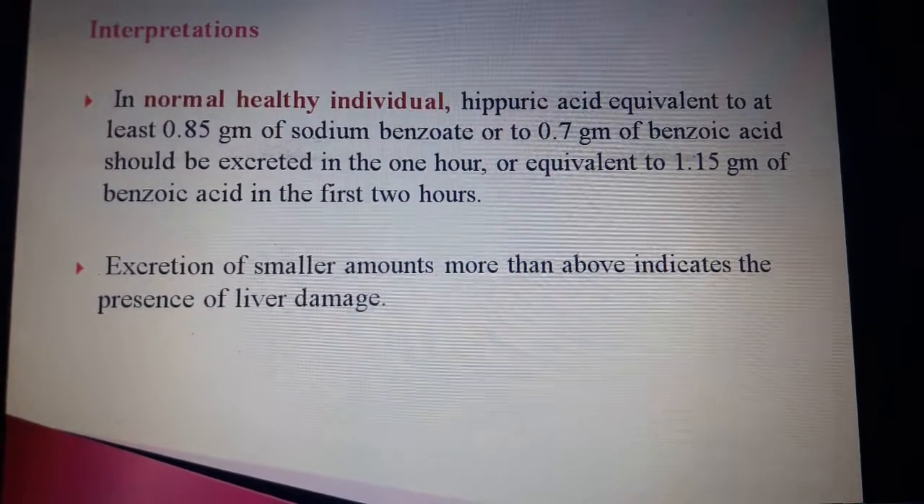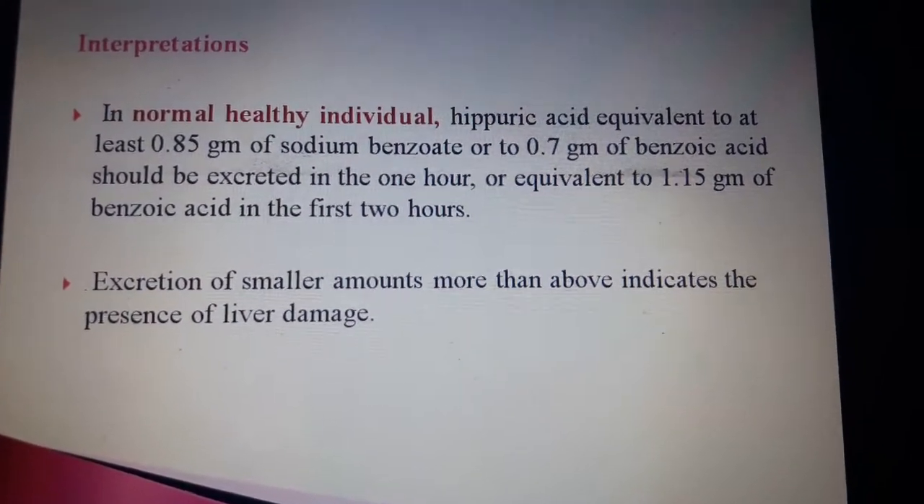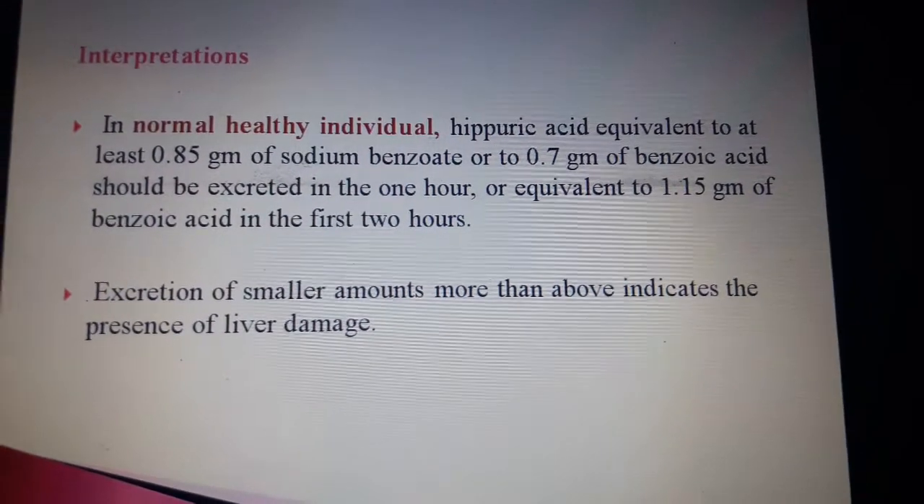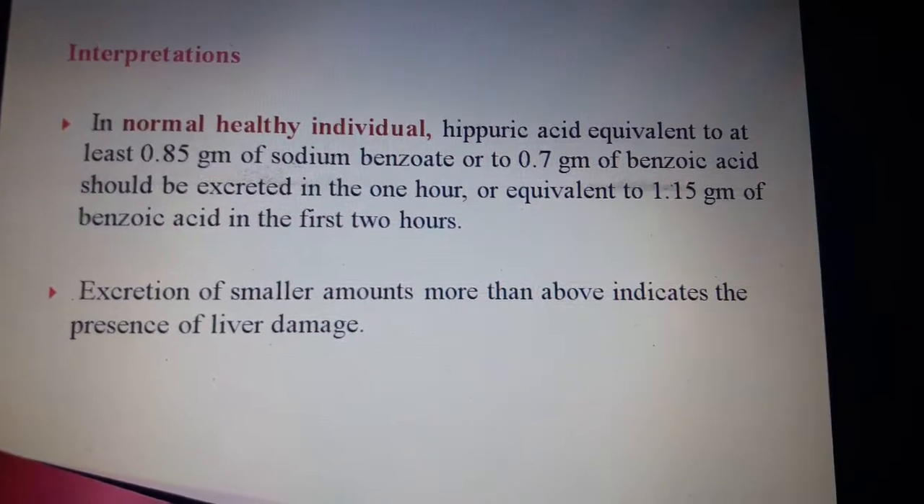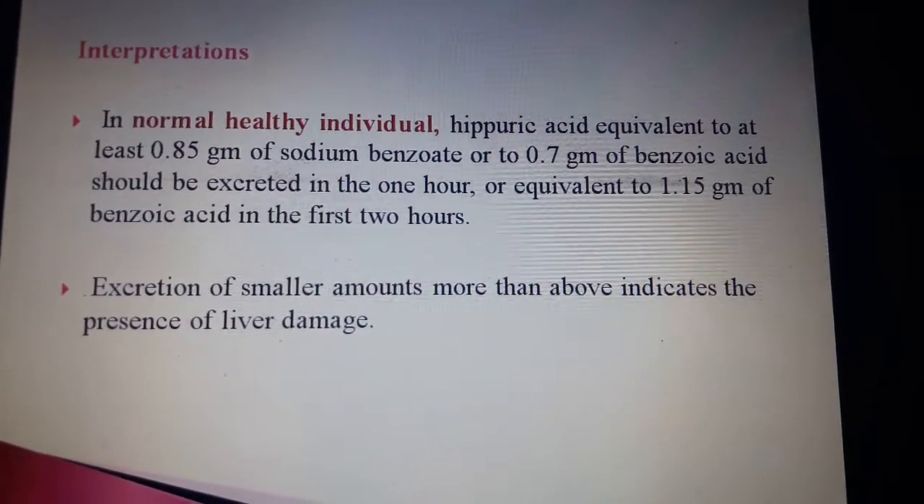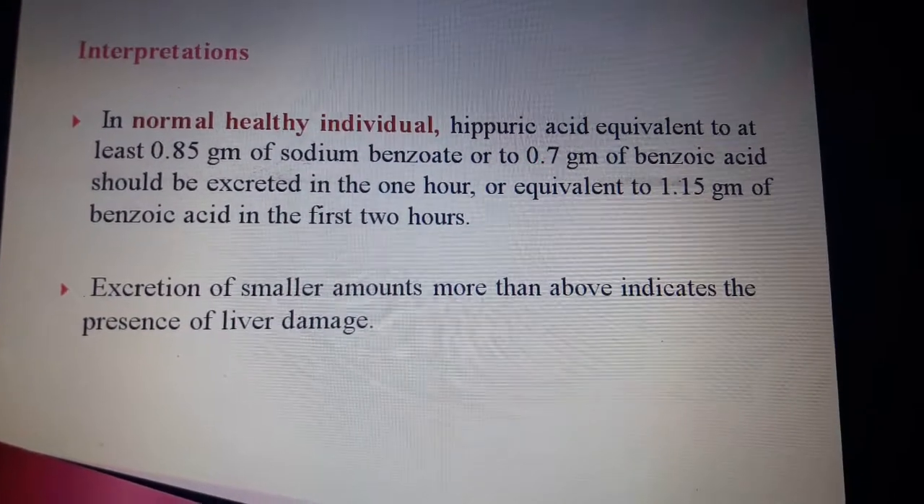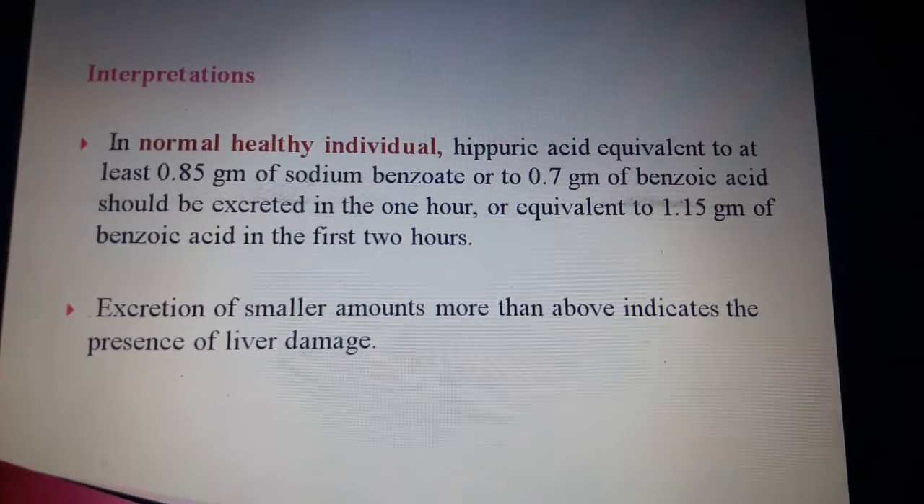Interpretation. In a normal healthy individual, hippuric acid equivalent to at least 0.85 gram of sodium benzoate or to 0.7 gram of benzoic acid should be excreted in the 1 hour, or equivalent to 1.15 gram of benzoic acid in the first 2 hours. The excretion of small amounts more than above indicates the presence of